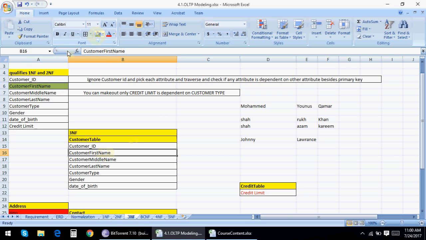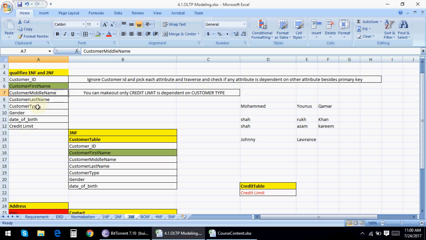Here I'm listing: customer middle name is also not driving the rest of the columns. If someone's customer middle name is David, will that affect his last name? Will that affect his customer type? Can a person with David become a privileged customer?